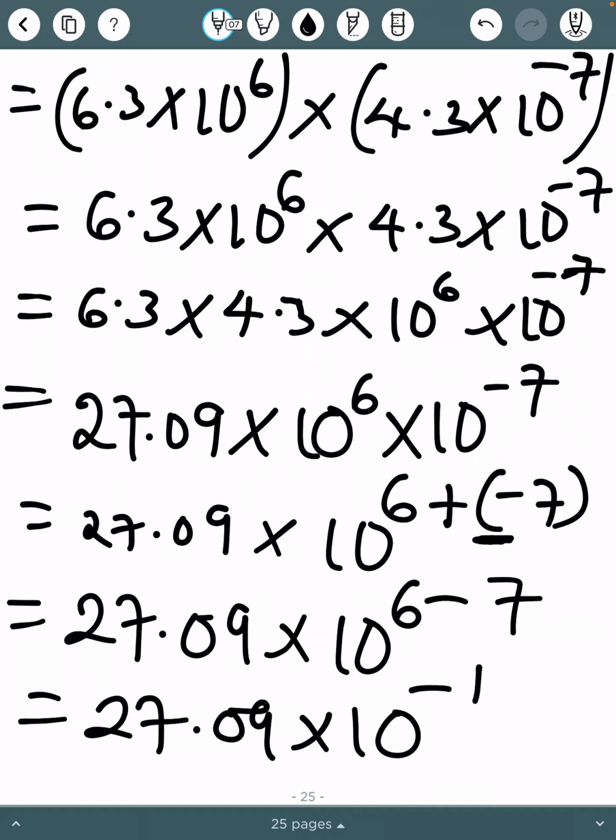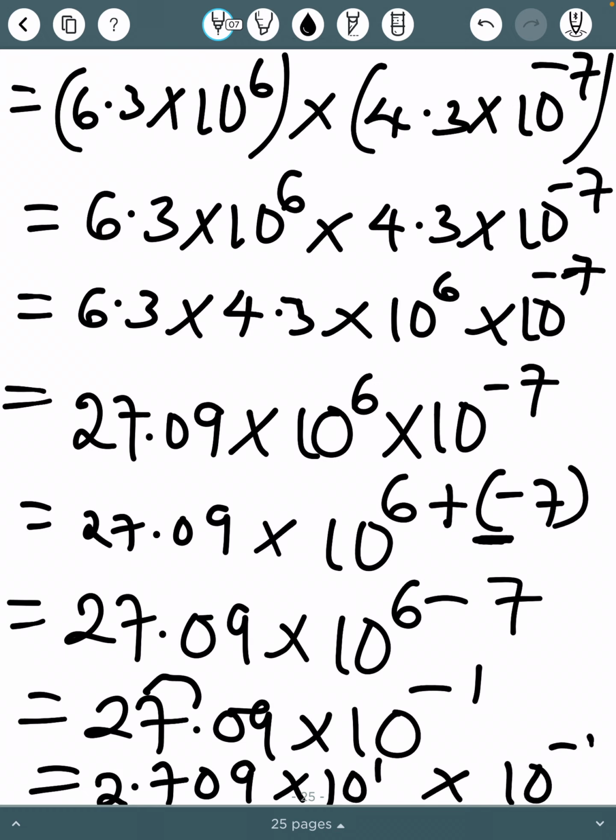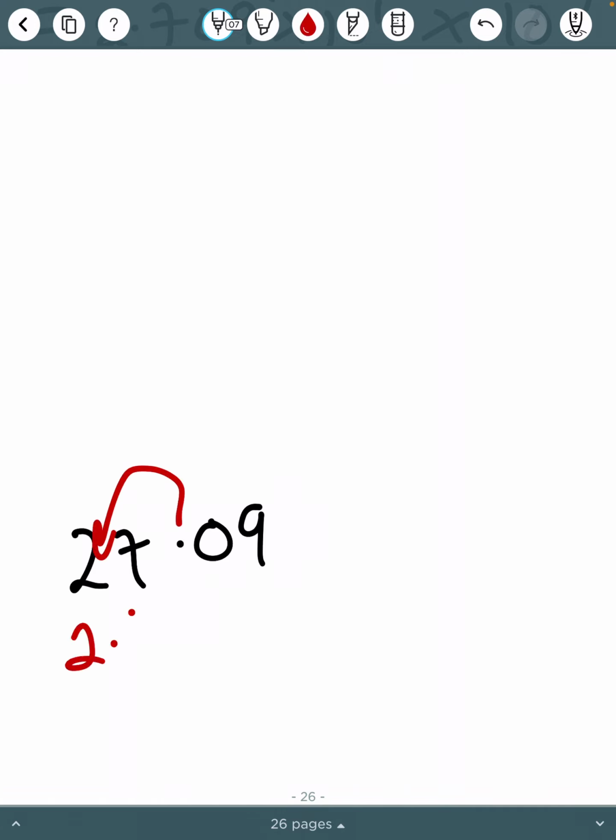And minus 1 means I should bring this backwards. Let's do this. 27.09 on its own, in standard form, is 2.709 times 10 raised to power 1, because the decimal will come back. If I put this together with the 10 raised to power minus 1 that was in my answer before, I will get